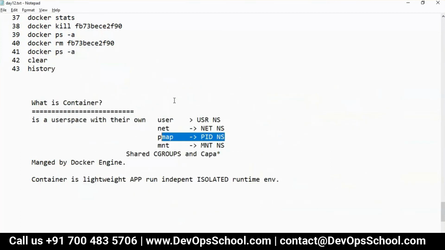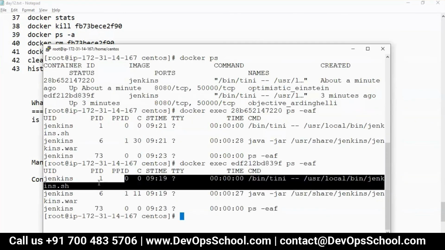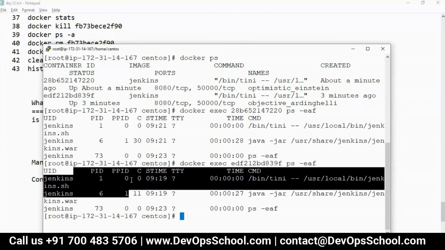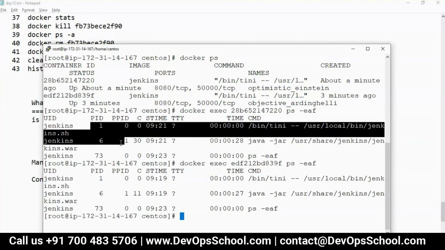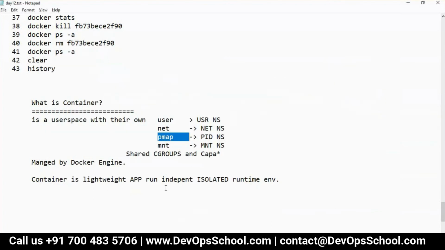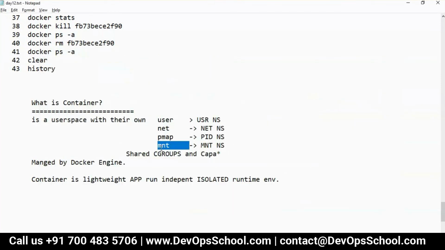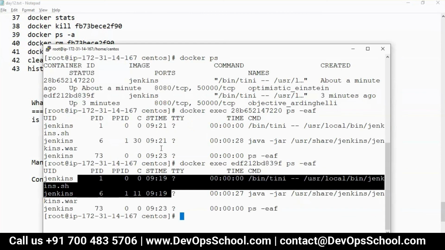So guys, each container gets a process ID starting with a 0. You see PMAP, their own PID. But do you get repetitive PIDs, see duplicate PID? No. You are the shared container, I am the shared container. But these containers are special ones. They get their own PID. MNT means mount. They get their own mounts also.